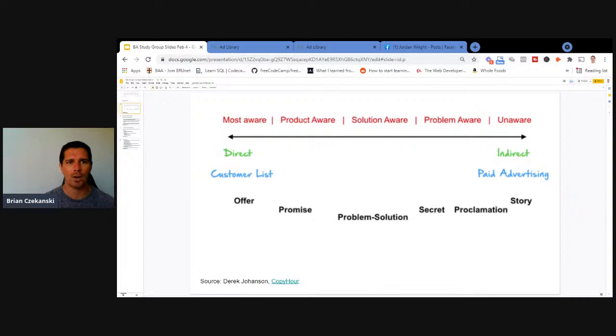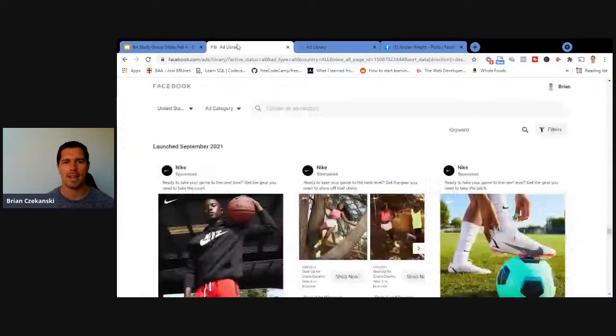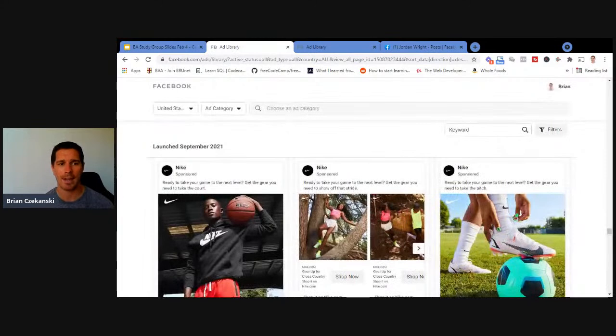And again, I can show you this if I go to Nike's Facebook advertising that they're doing right here. If you look across Nike's Facebook ads, they're not doing longer form Facebook ads because they don't need to. They've done decades and decades worth of advertising. Their products are proven. They're at the leading edge across these various different sports. So they don't even have to put out a specific product they're selling right here. They can just say, ready to take your game to the next level, get the gear you need to take the court. So that's very much an offer lead, where you're just saying, here's how to get some more of our basketball stuff.